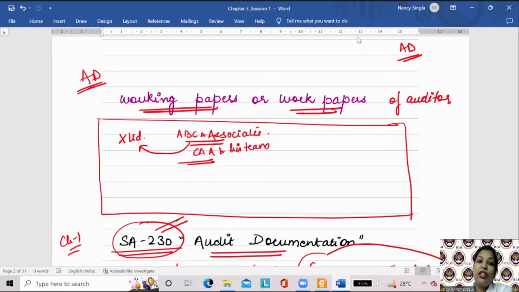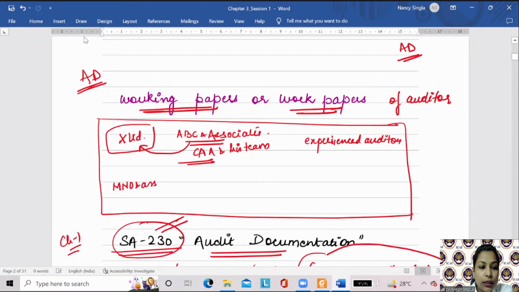Now, what should be the form, content, and extent of the audit documentation that CAA and his team are going to maintain for the audit of financial statements of X Limited? So it says that whatever audit documentation CAA and his team maintain, it should be such that any experienced auditor, let's say MNO and Associates. So MNO and Associates are what? Experienced auditors